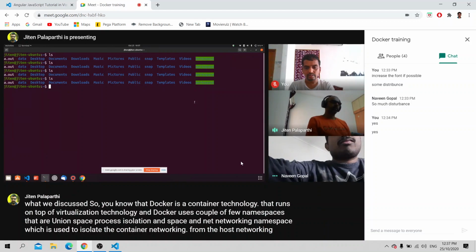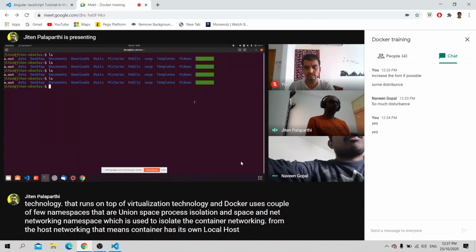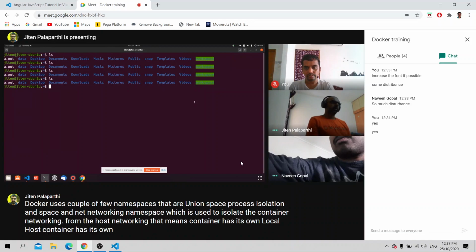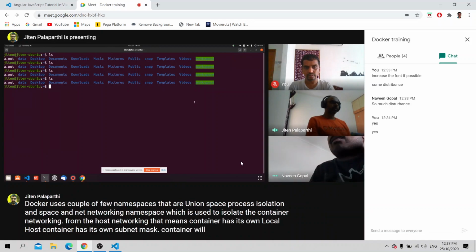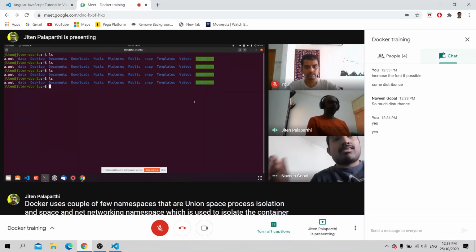That means the container has its own localhost, its own subnet mask, its own complete networking stack,